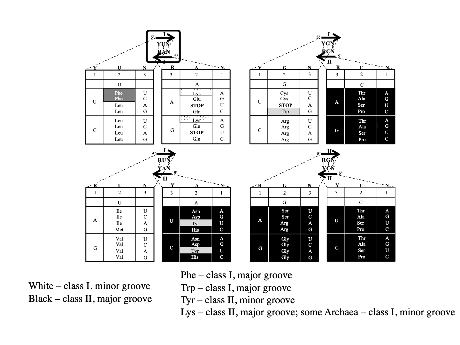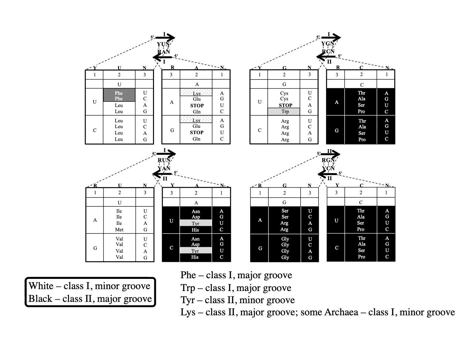So for these ones, you read YUN, and in the opposite direction, it's NAR to get these amino acids,